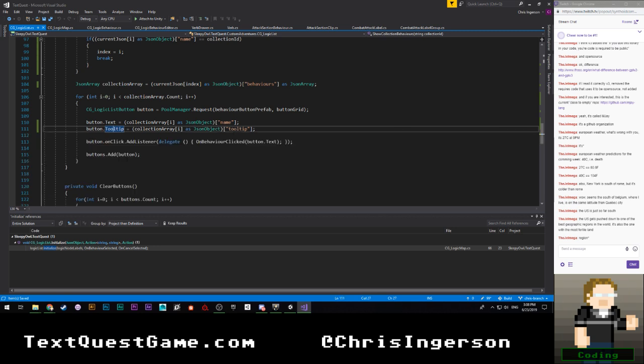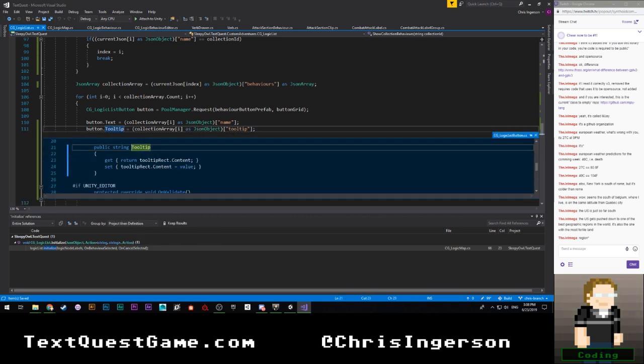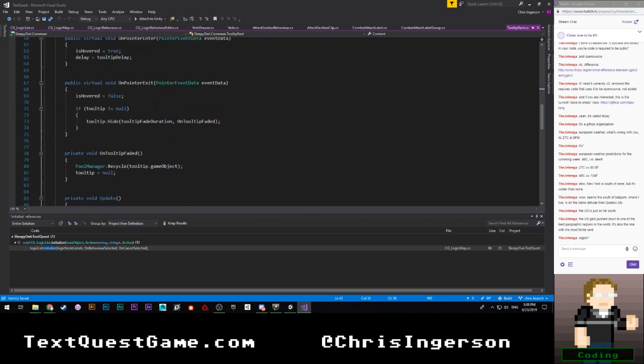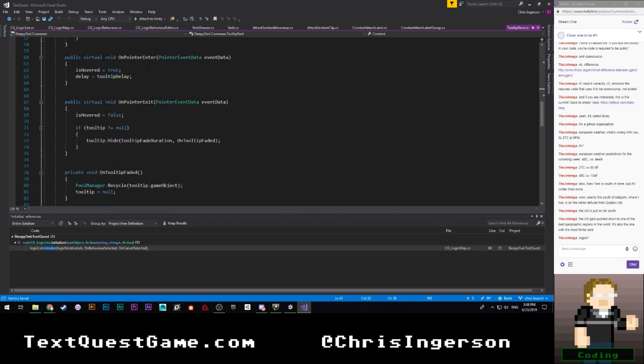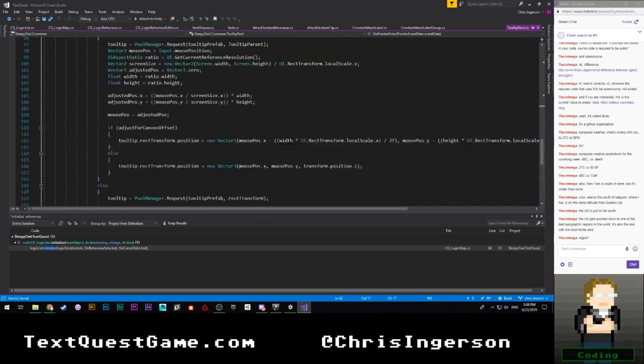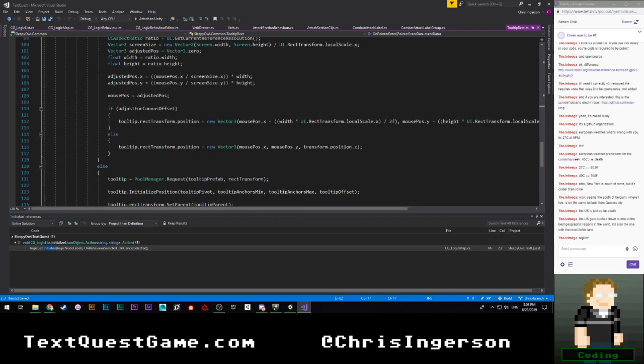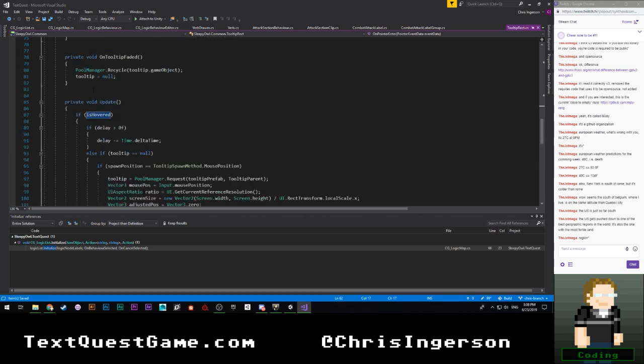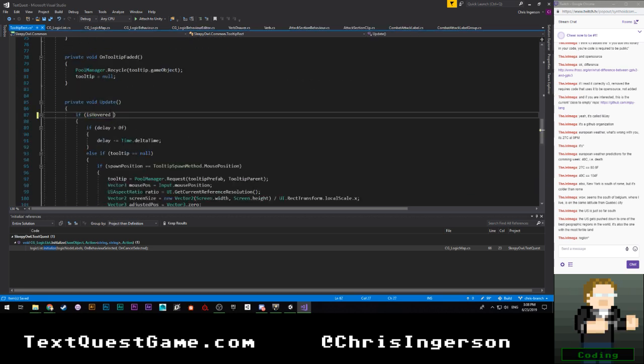No, hold on. Let's go peek definition. Go to definition real quick. I need to change this. So on pointer enter, say if is hovered. We're going to say if is hovered